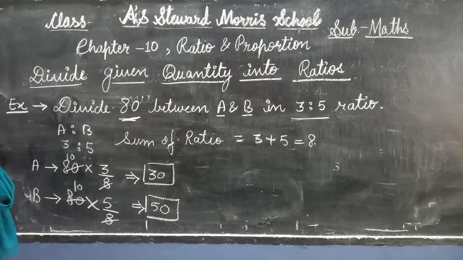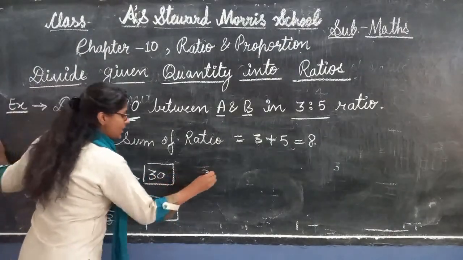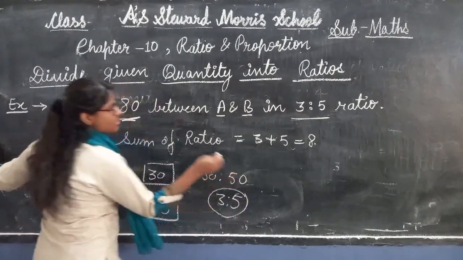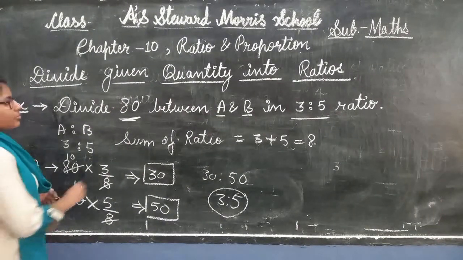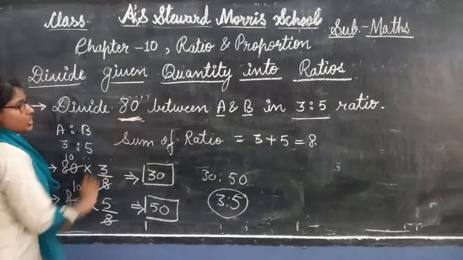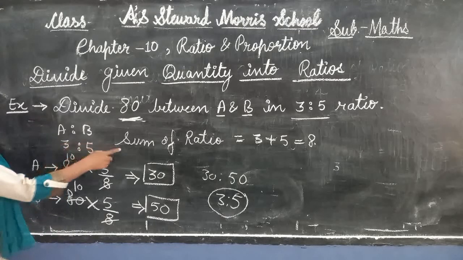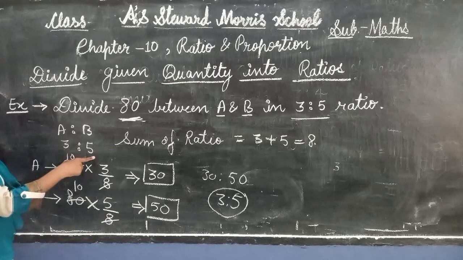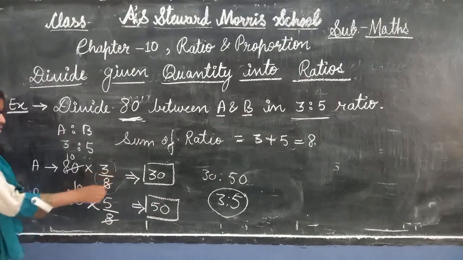If you recheck your answer, you can write it in the form of a ratio again. You get 30:50, and if you simplify it to 3:5, it means your answer is correct. Got it, everyone? Again I am saying how to solve: firstly you need to calculate the portion of both the ratios. We put the sum in the denominator and get 3 upon 8 and 5 upon 8 as the portions, and that fraction part for both terms of the ratio is multiplied